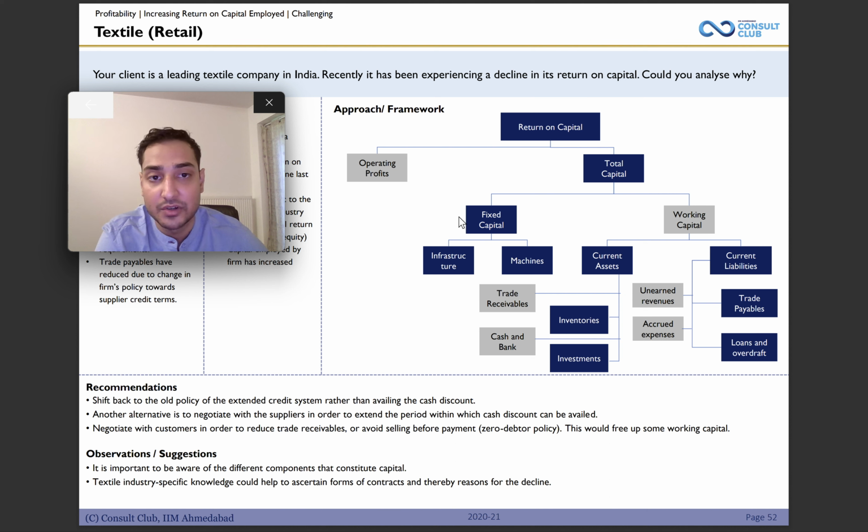Fixed capital is divided into infrastructure and machineries, such as land, infrastructure, machinery costs. Working capital was divided into current assets and current liabilities. Current assets were divided into trade receivables, inventory, cash and bank and investments. And current liabilities were divided into